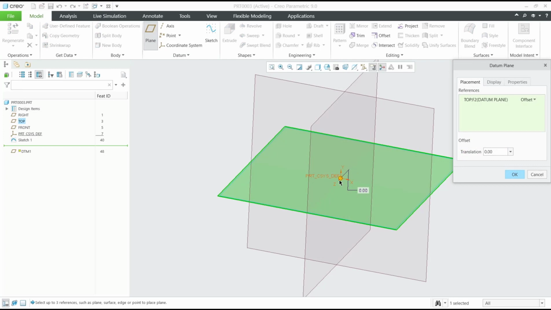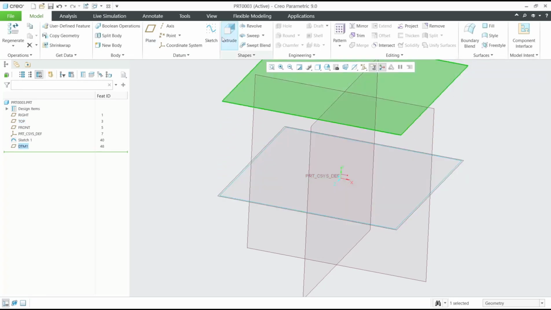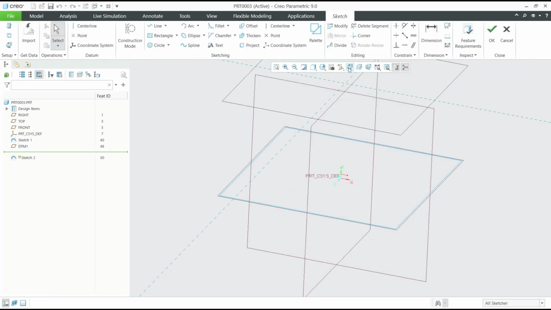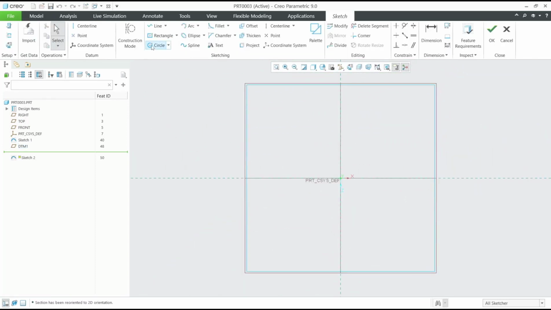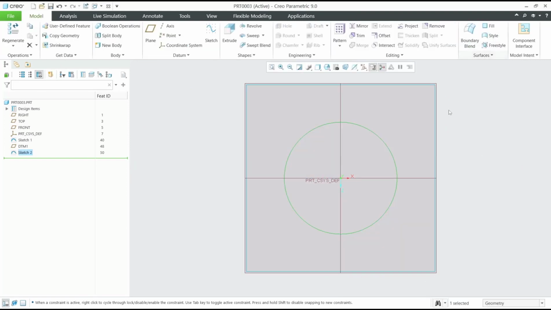You can move it to the top a bit like this. Click OK. Click sketch again, and in here I will create a circle from this point into here. Click OK. Now before you use these blend tools, we need to divide the circle into 4 because the rectangle has